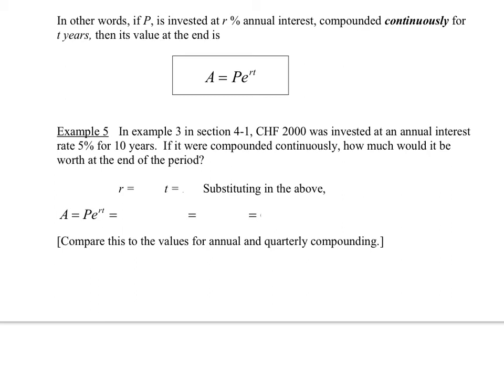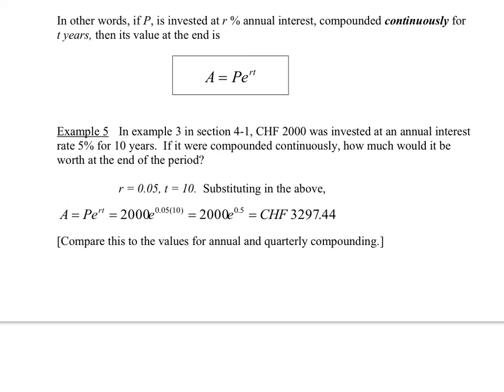All we have to do is fill in the blanks. So the r in our example here is 5%, but write that as a decimal. Notice we've written 0.05 instead of 5%. The t in this case is 10 years, so we're going to have t equal to 10. And when we plug those in, what we should get is this expression. Simplifying that a little bit gives us this. And if we do that on our calculator, you just use the e to the power of button on your TI-84. What we will get after that is